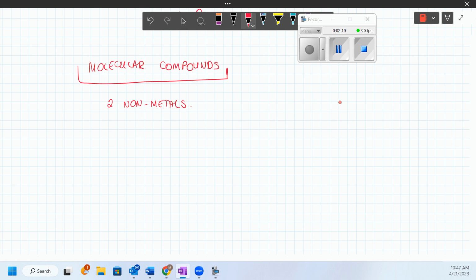In the case of molecular compounds, you will see some that are very specific, like O2, H2, and all those. However, very often you will see that carbon and hydrogen are in various forms,